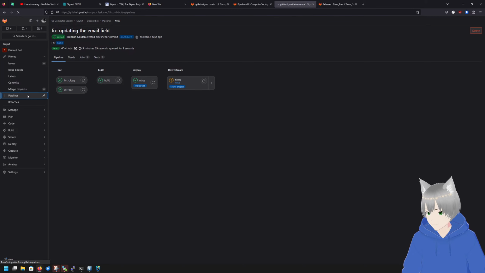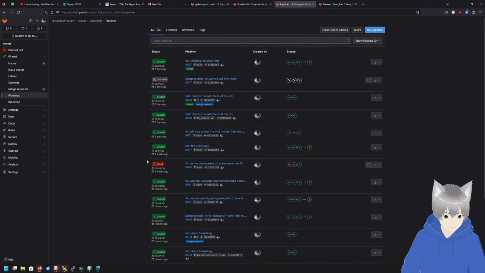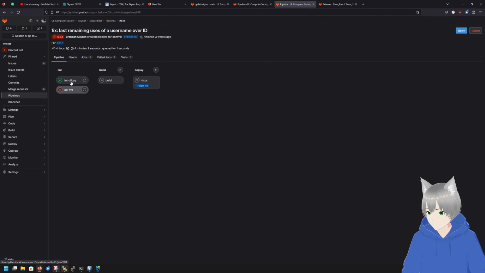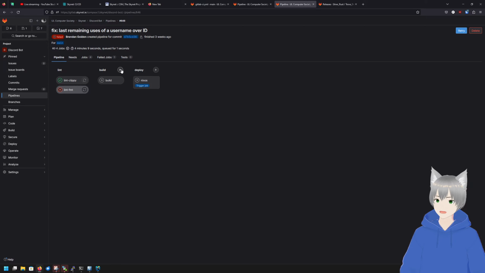Things have to pass. A good example of things not working is this one here, where it passed Clippy but failed format, and then the build and NixOS didn't get triggered at all. You can actually manually deploy them, but considering this is way out of date, I'm not going to do that.